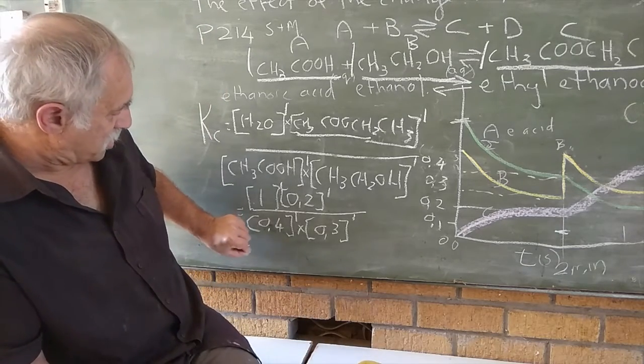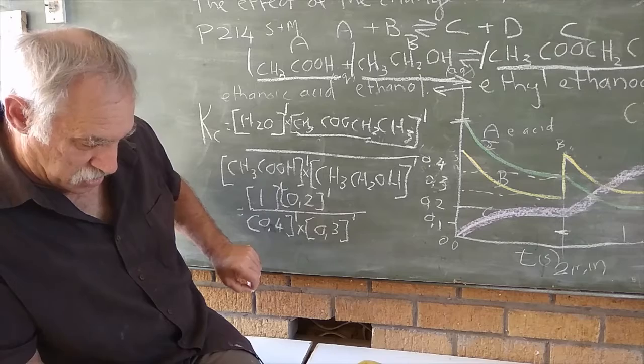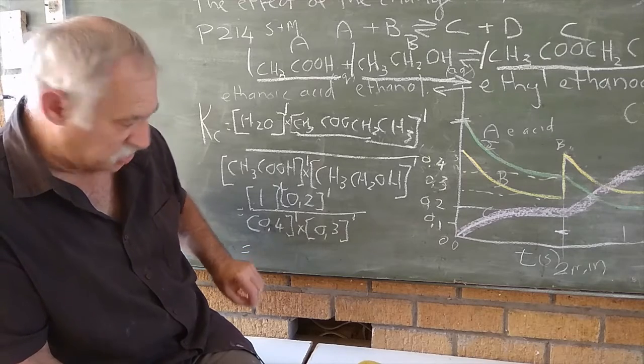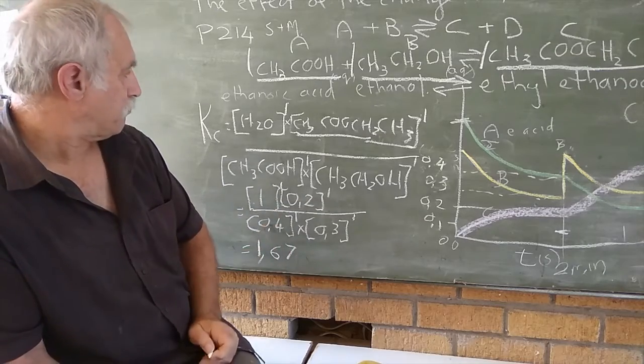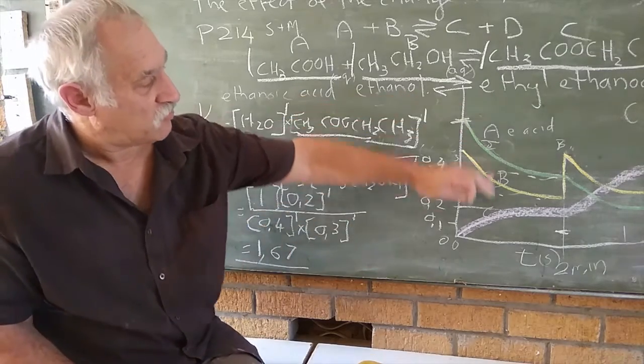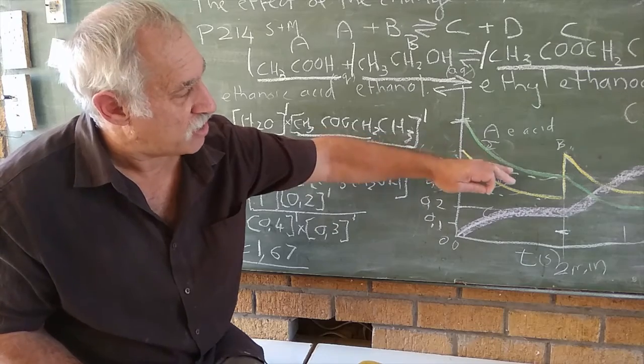So our Kc is going to be 1.67. Easy enough? So when they give you values like this that you've got to derive from a graph, and they